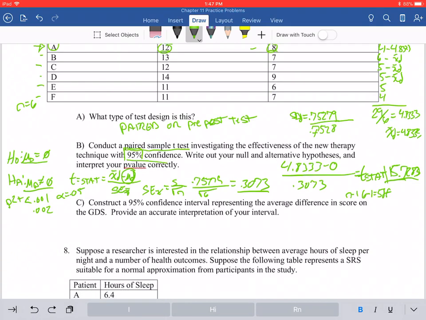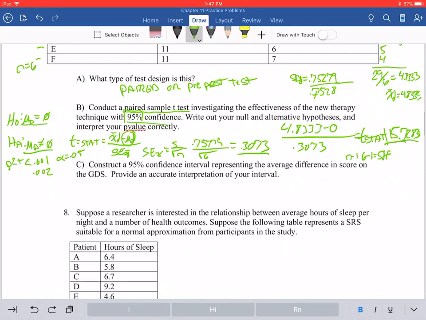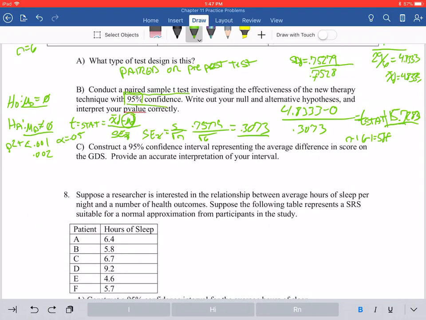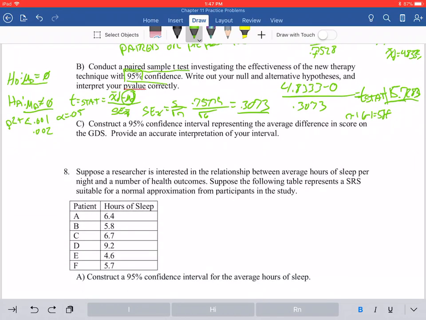On the back, when we go to the t-tables, remember those charts expand both ways, and we're never going to find an exact value unless you have a calculator. So the best thing we can do is if we fall in between intervals or are greater than or less than intervals, we can determine that we're greater than or less than at a certain probability or in between probabilities, and that's the best we can do with the charts we are given. When we're trying to construct a confidence interval for this, I think